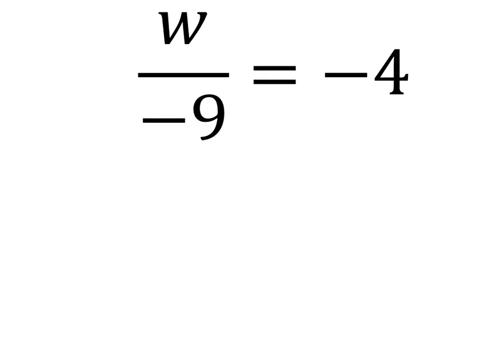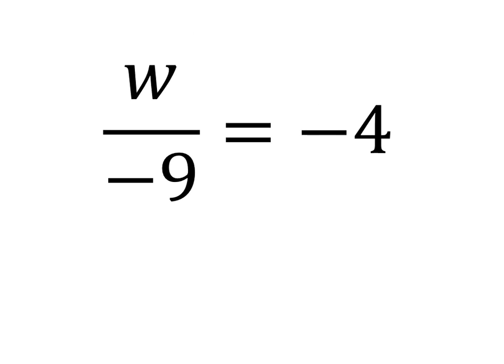Alright, so here's another one, and again, we need to identify the operation between the w and the negative 9. That's division. So we don't want anything divided by the w, we just want it to end up being w equals something. That would be really nice. But right now, it's that divide by negative 9 that is stopping us from seeing just this regular w. Well, this is where we would say,